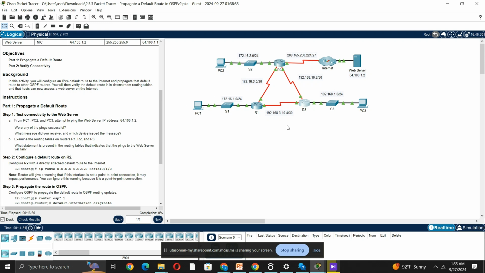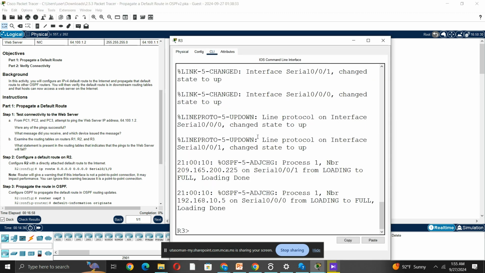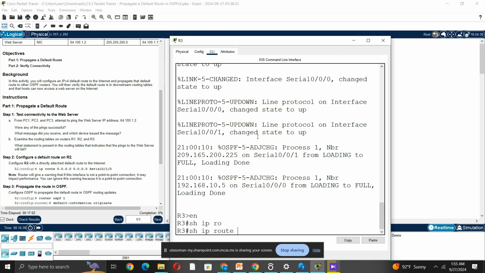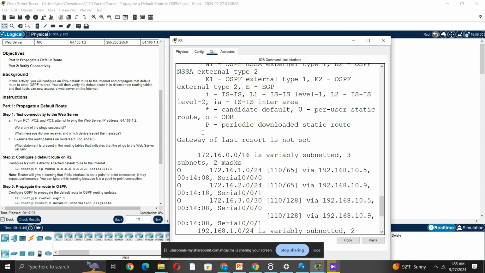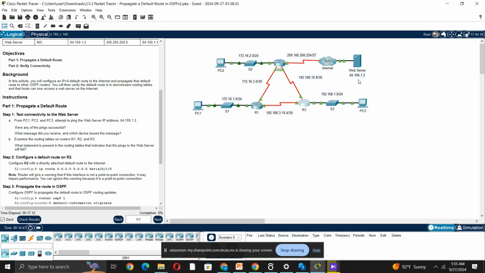On R3 also, show IP route and you find that the gateway of last resort is not set. That means one route is missing. Okay, there is no connectivity to the server network. Show IP route, same thing. The gateway of last resort is not set. We have O and L routes, but there are no routes to connect to the 164 web server